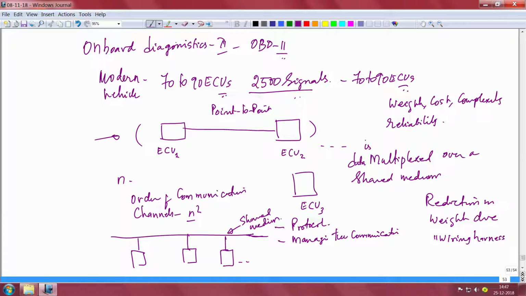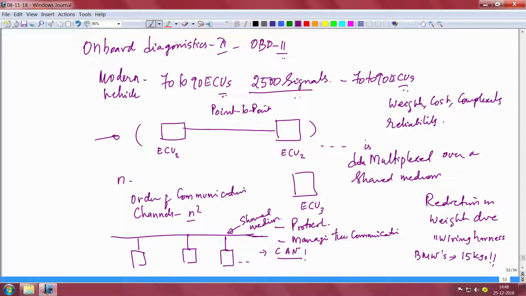Okay. There is a mention that BMW's weight reduction, when it moved away from point to point to this kind of shared medium protocol based system, it reduced the weight by 15 kgs, which is whopping, right. So all of this means, what is that famous protocol which will allow you to choose on a shared medium? Well, that leads you to CAN.